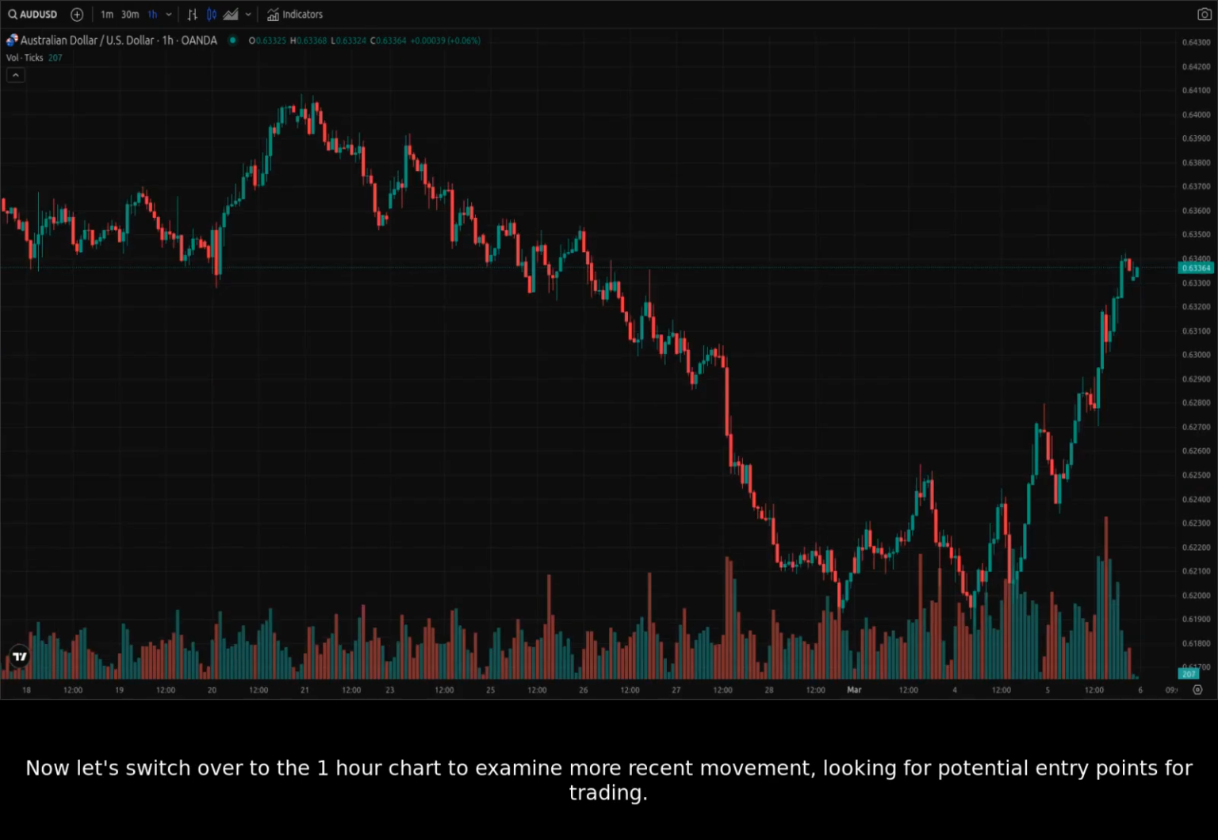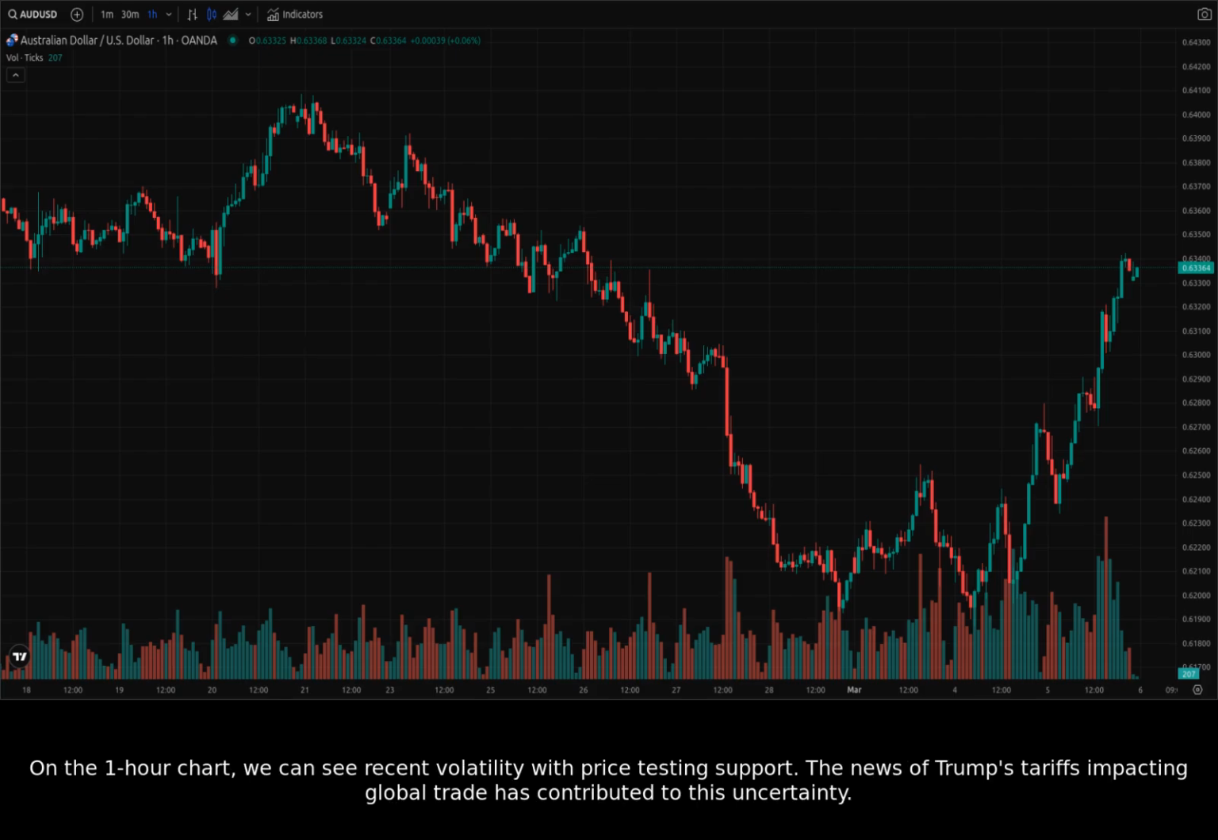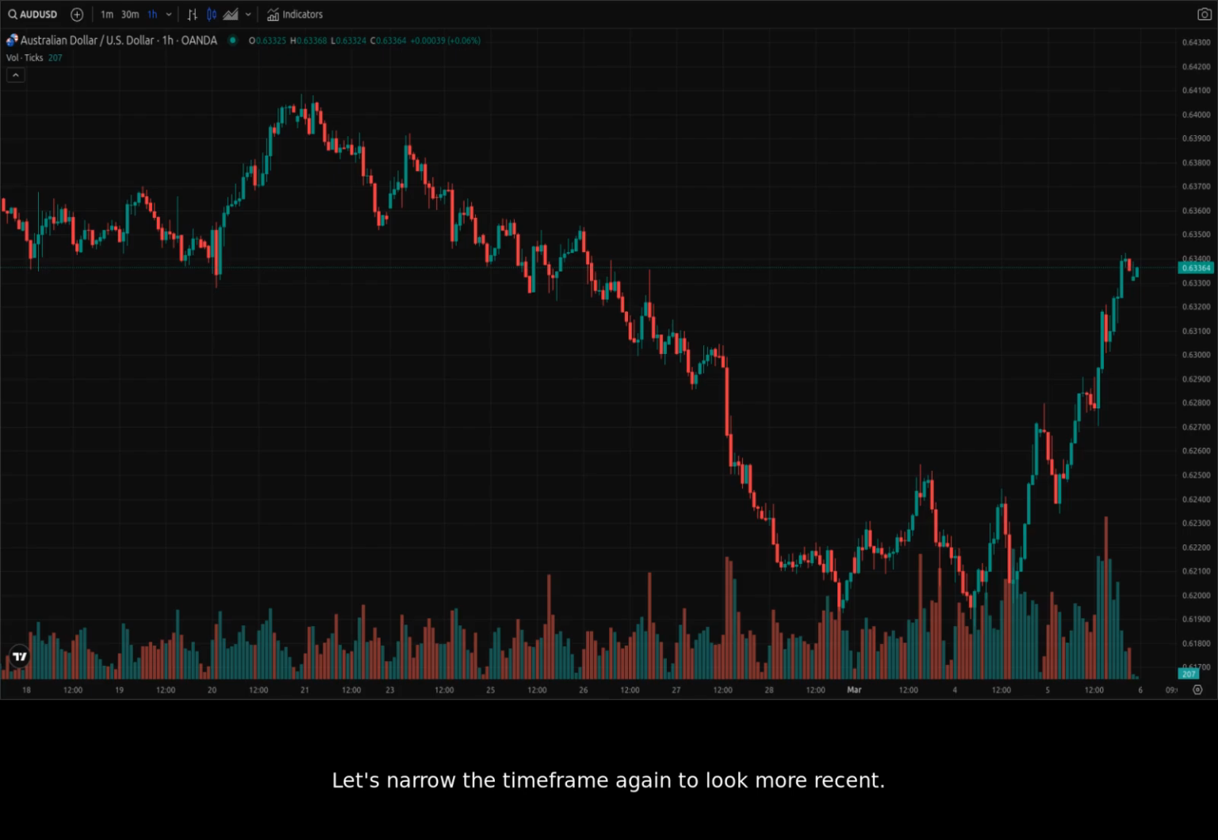Now let's switch over to the 1-hour chart to examine more recent movement, looking for potential entry points for trading. On the 1-hour chart, we can see recent volatility with price testing support. The news of Trump's tariffs impacting global trade has contributed to this uncertainty. Let's narrow the time frame again to look more recent. We'll look at the range between